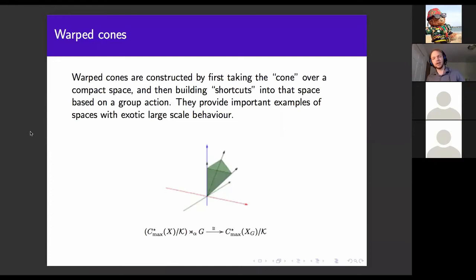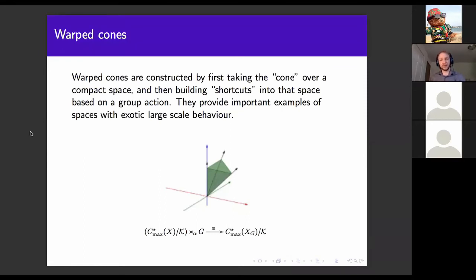Some of the stuff I'm interested in right now is warped cones. So these are super cool. These are awesome spaces. This is an incredibly low-res image that I stole from Wikipedia, I think. Apologies. But I made up for it by putting a complicated, completely unexplainable formula below it. So how do you make a warped cone? I'm going to give you a recipe.